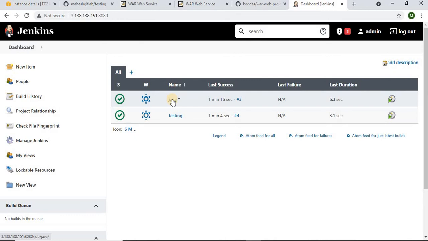But our requirement is that I should not use 2 clicks. Within 1 click, all these 5 stages have to be implemented. That's why I've linked this testing job with Java. So if I execute Java, once the configuration on Java is done and that execution is complete, it will move to testing and execute the testing job. So whatever is in testing will be executed from Java only. One thing is to get artifacts from Java to testing. We have archived artifacts there, and we have given that project name under testing to fetch the artifacts. And we have just linked these two. This is a very simple process.